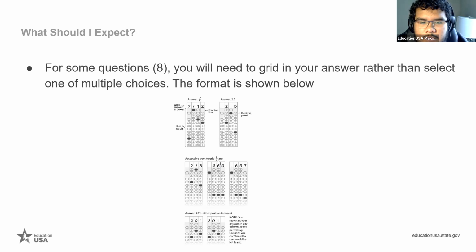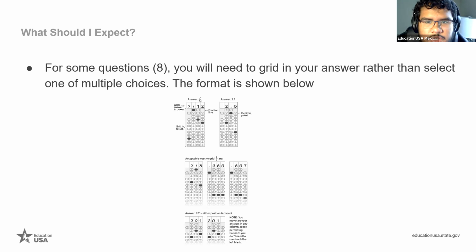Alternatively, you can also round the answer, and that's accepted too. So in the last example, for gridding in 2/3, it shows 0.667, because that's another way you can round 2/3, and that's commonly seen in calculators actually. But yeah,